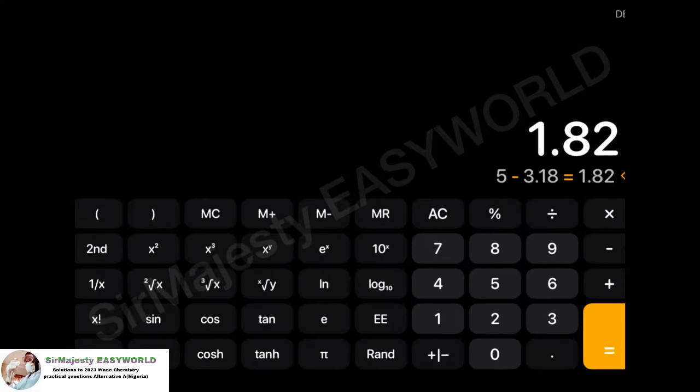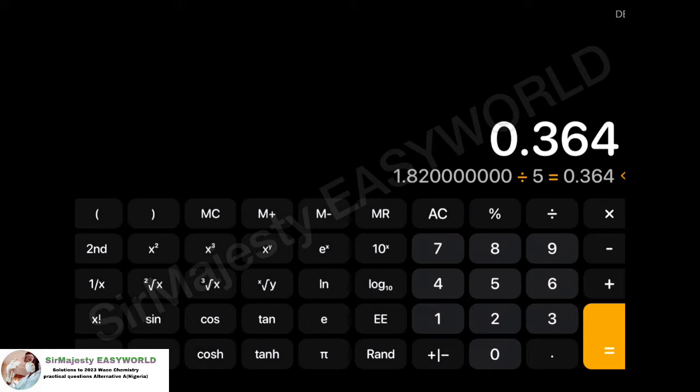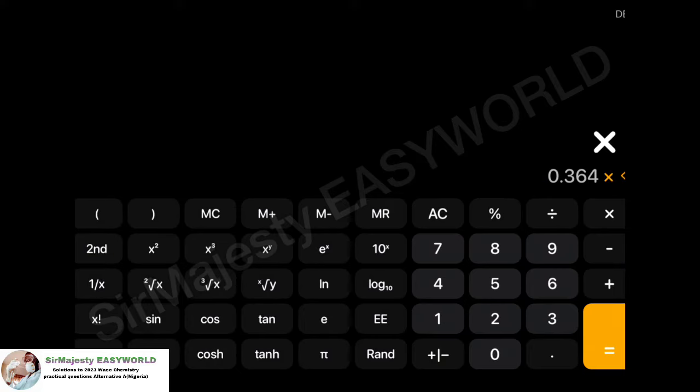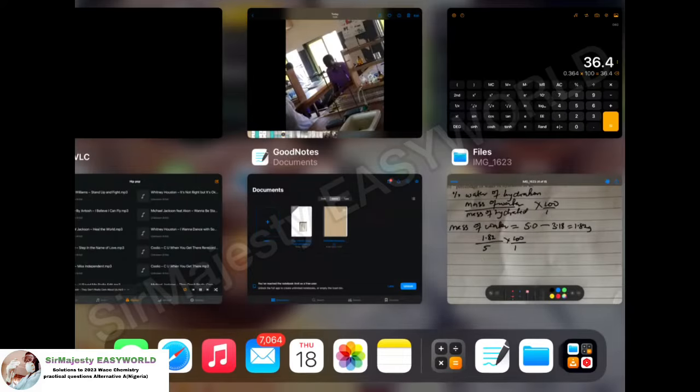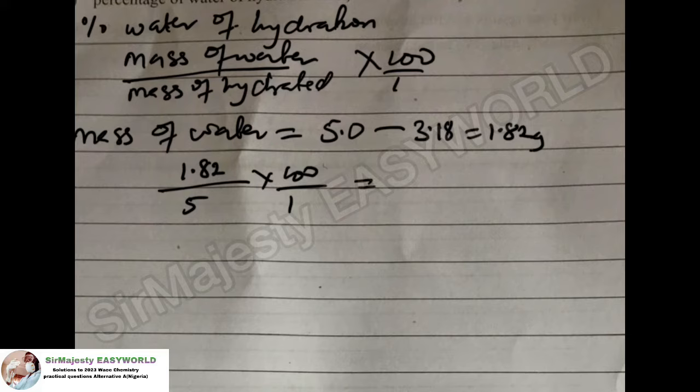Divide by 5, of course. Then that's 36.4 times 100 over 1, which is 36.4%. So the mass here is